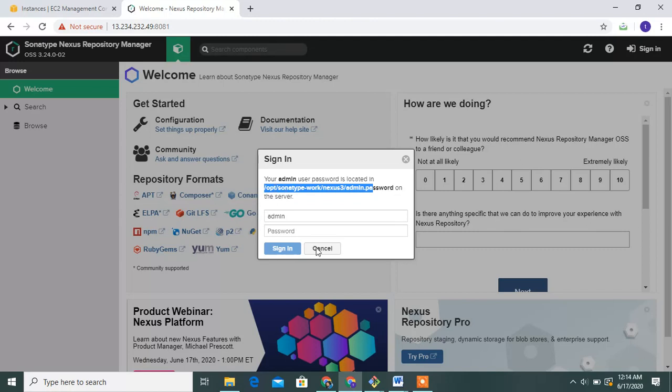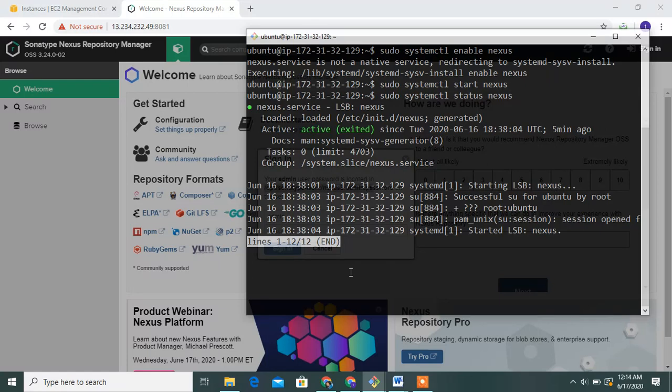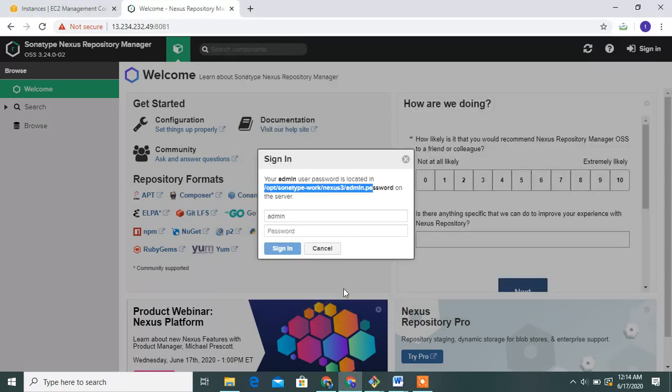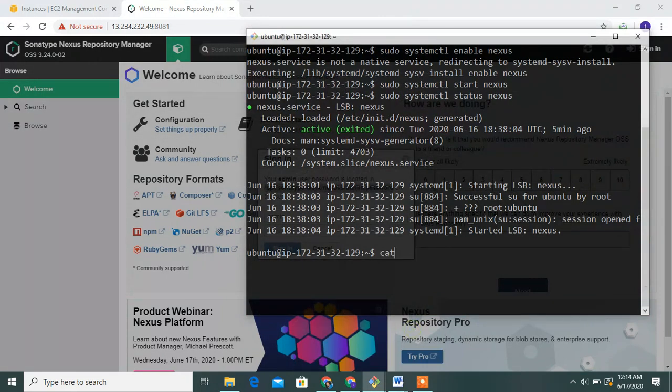Go to, copy this path under admin password. Copy this path, connect, paste it here and enter.